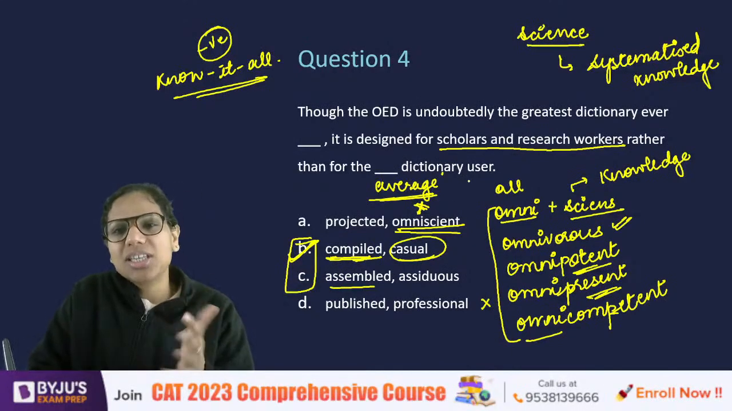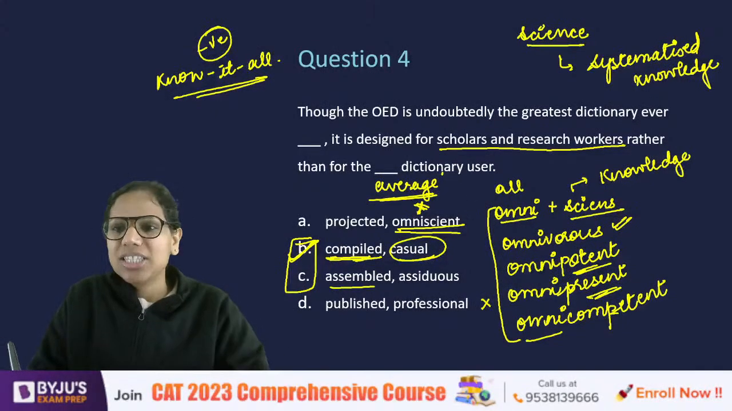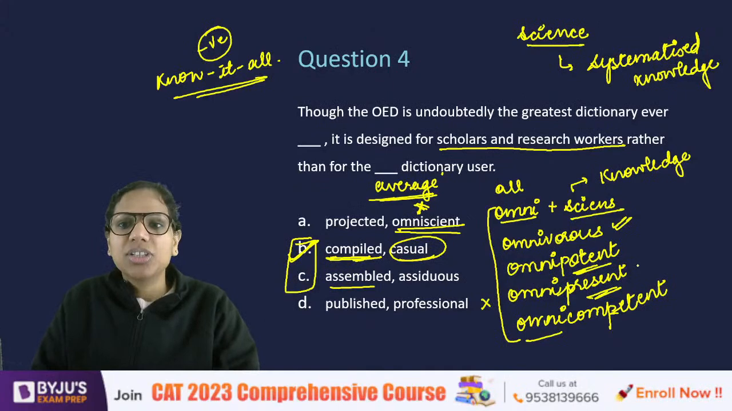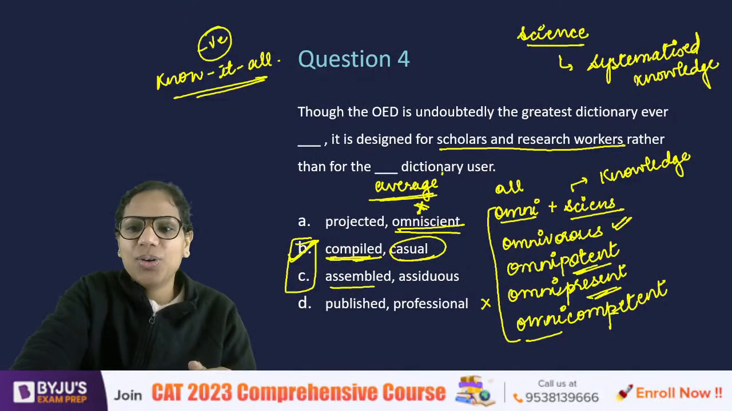The average user is the casual user, not an expert user, right? So B is the answer here. Through this, we also learned the prefix omni, right, which means all. Okay,